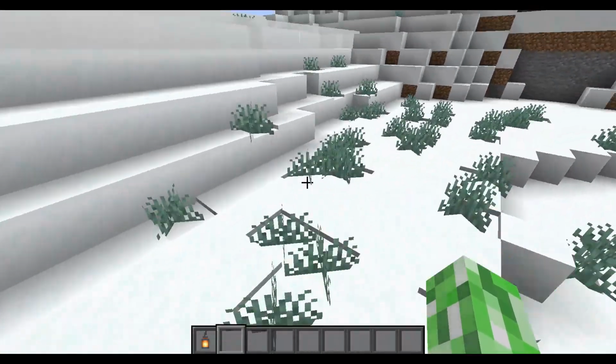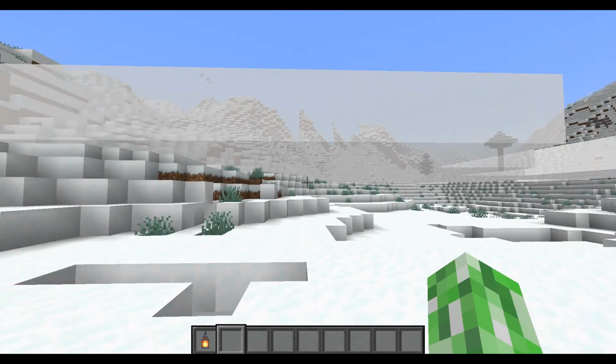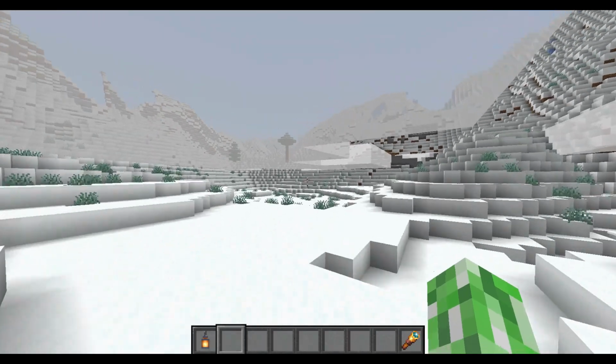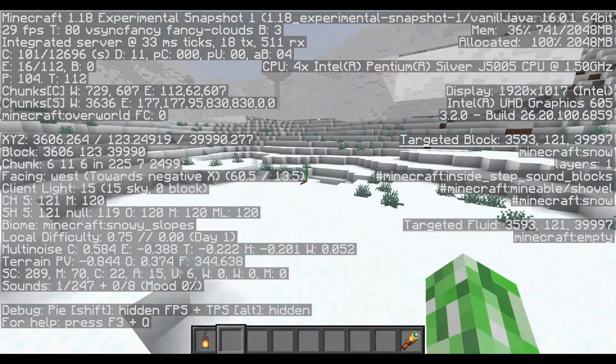I don't think it's meant to be grass here. Maybe it is. It doesn't look horrific. The clouds are annoying. Kind of funny. Let me get a spyglass, for no good reason, really. Oh, imagine a base in this valley. This is the valley, and this is the valley, but it's still snowy